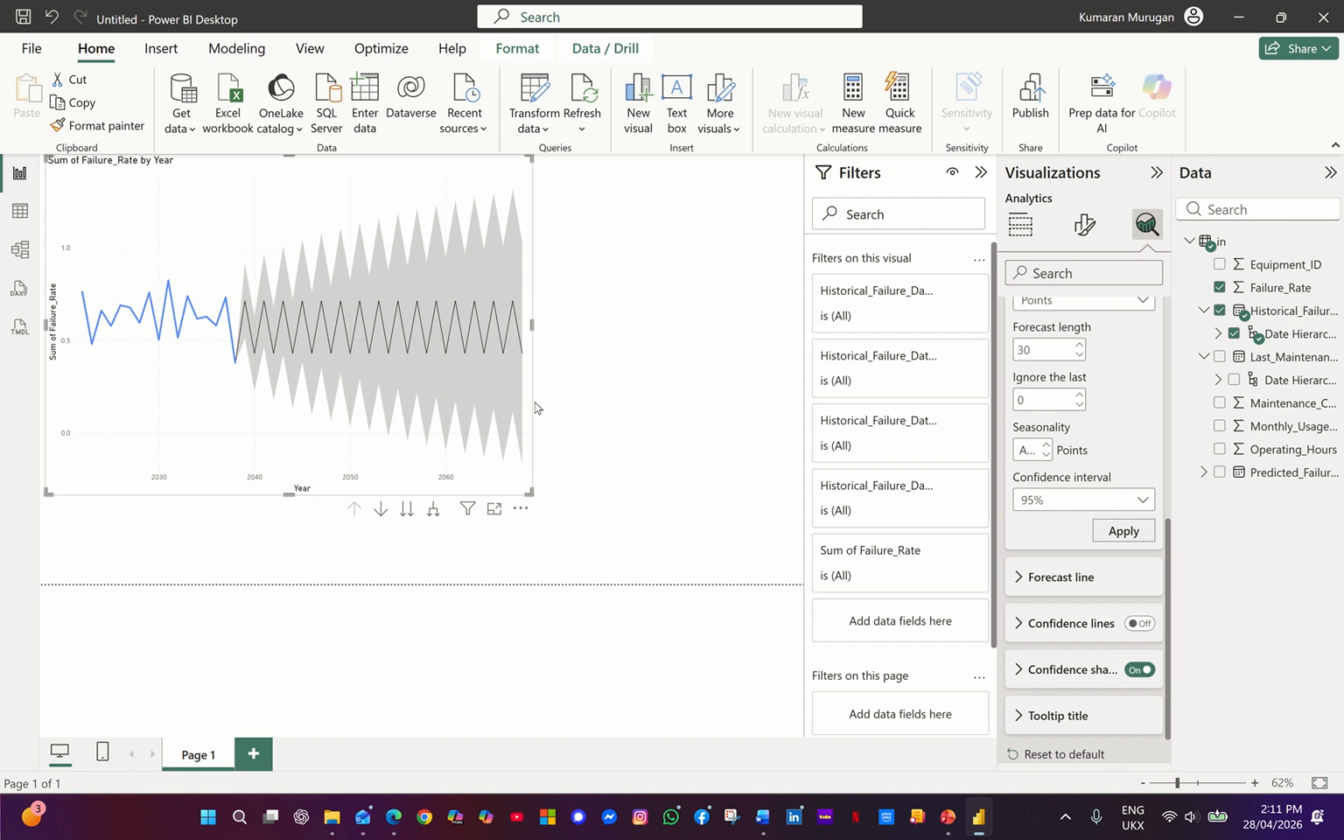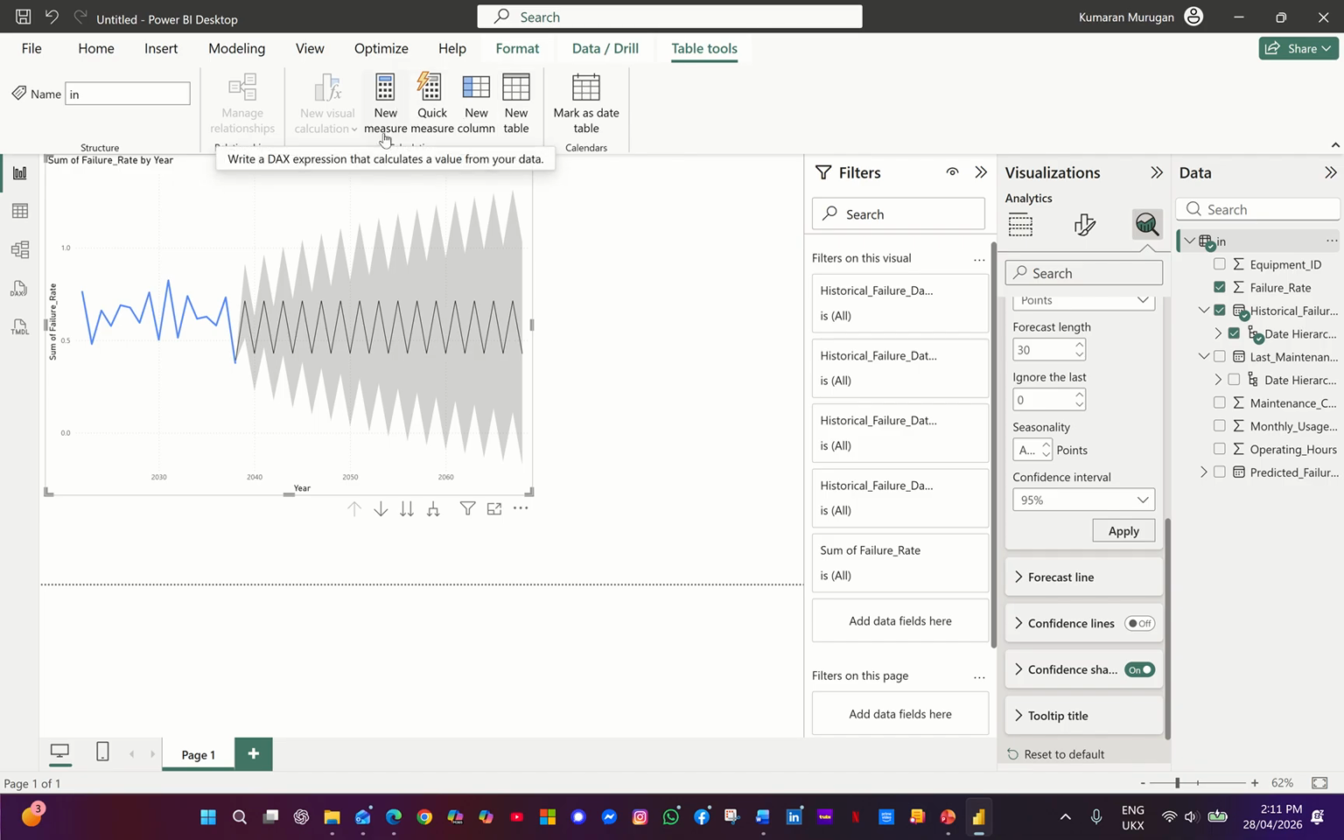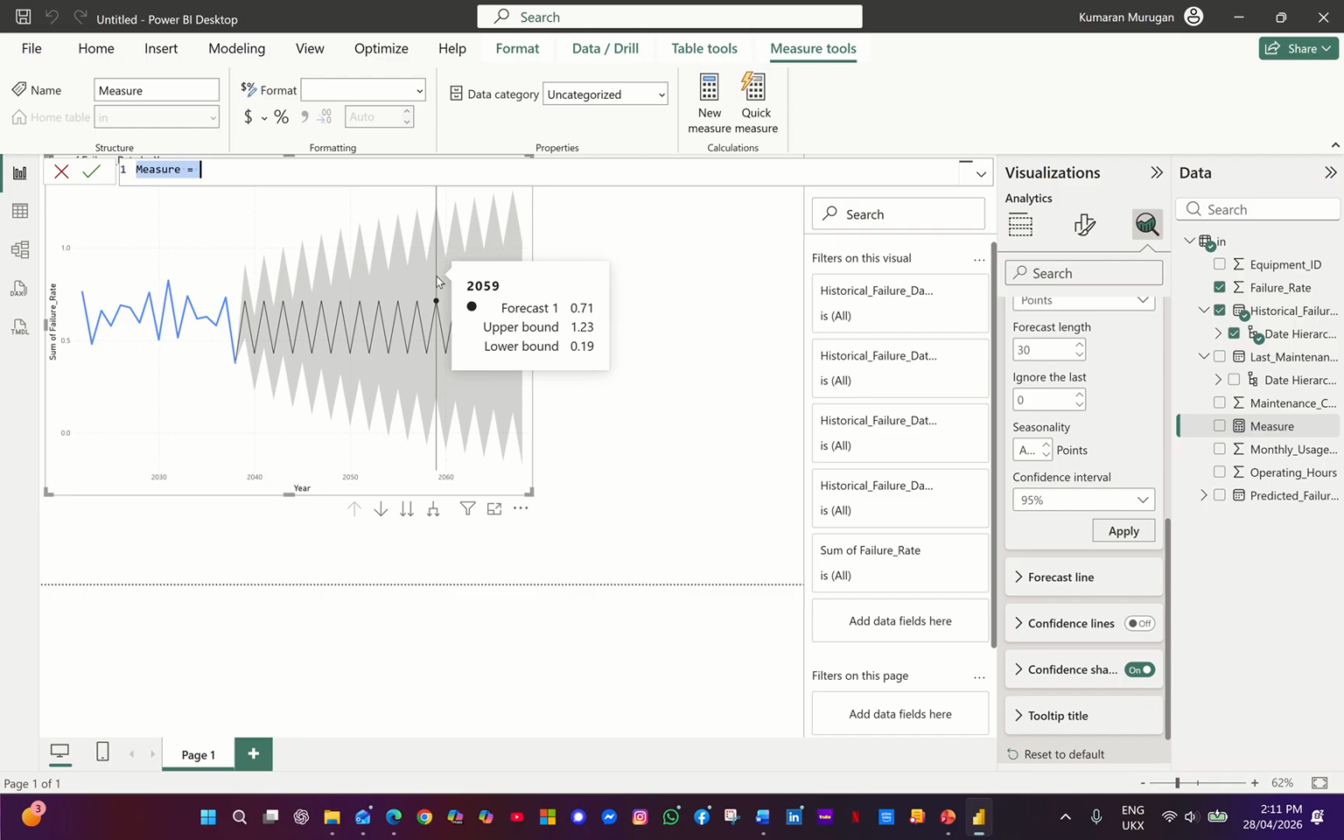So now, maintenance should be scheduled when the failure rate is increasing sharply and the forecast crosses a risk threshold. How do we create a threshold measure? Let's go back to the data set and look for new measure. In the new measure, what we are going to do is create a maintenance required flag with a failure threshold of 0.8, for example, to flag high risk periods. So let's make it as maintenance